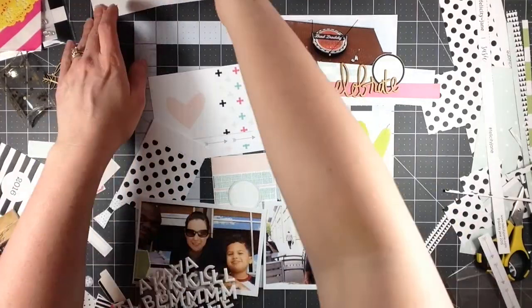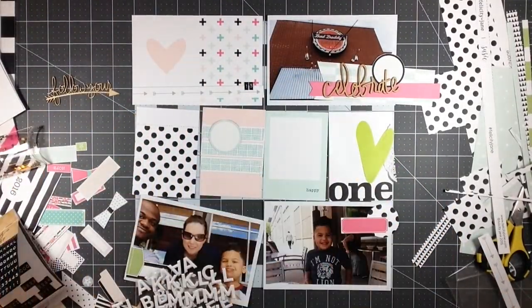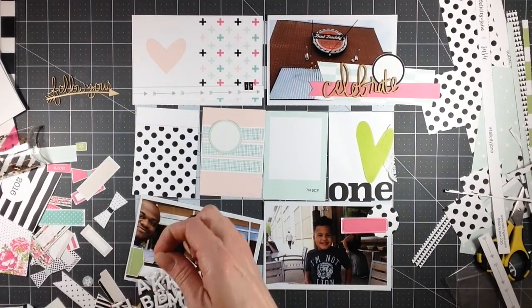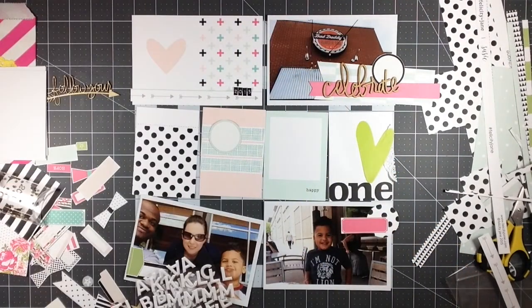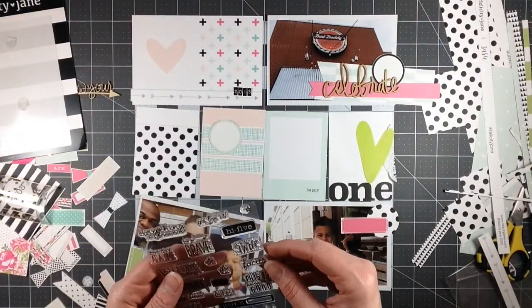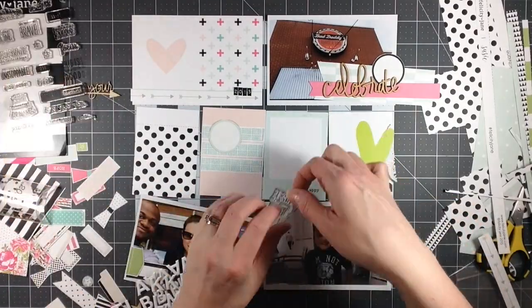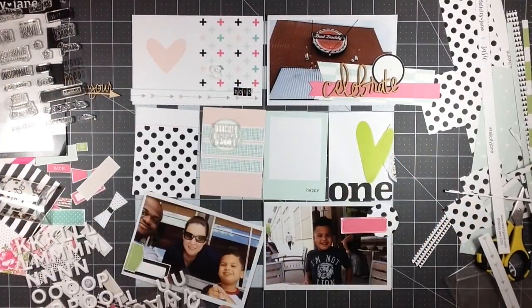Well, since I was using 3 photos, they were already printed with the white border, so I didn't need to mat those on white cardstock. And this top left card that I'm using as my title card actually has a white border all the way around the edge, so I did not need to mat that one either, which actually made this very easy. I did have my white cardstock at the ready, though. I always pull that out whenever I'm starting a Project Life page,